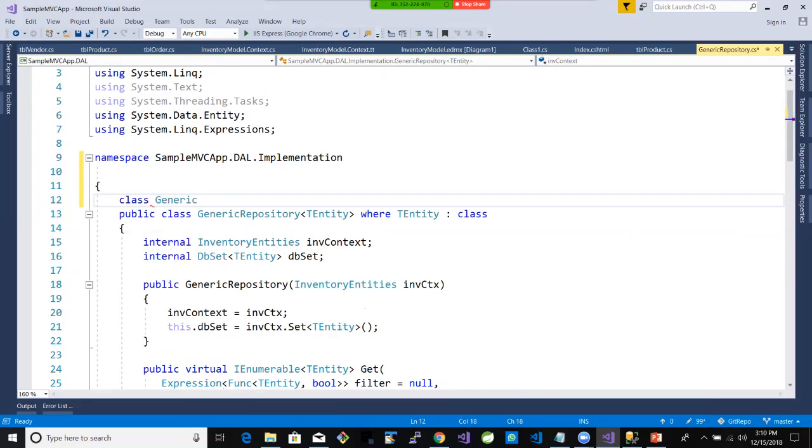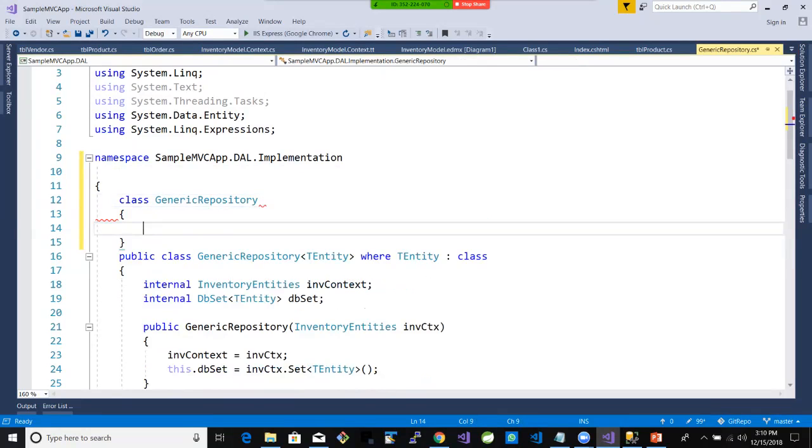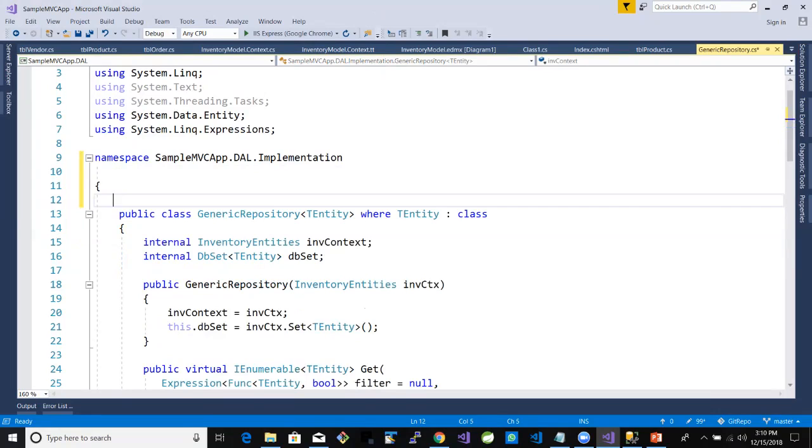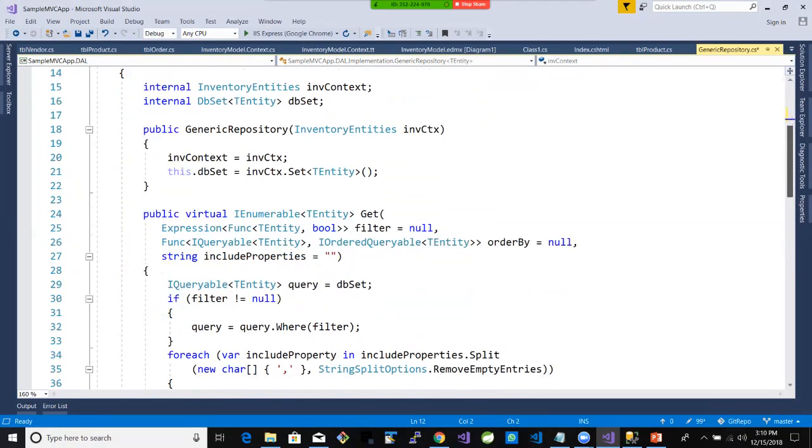Class generic repository, right? Something like this you are seeing. For me, it's blank. Yeah, it was blank for me also. I filled it up. What happens is that this class, generic repository, we are defining so that we can do